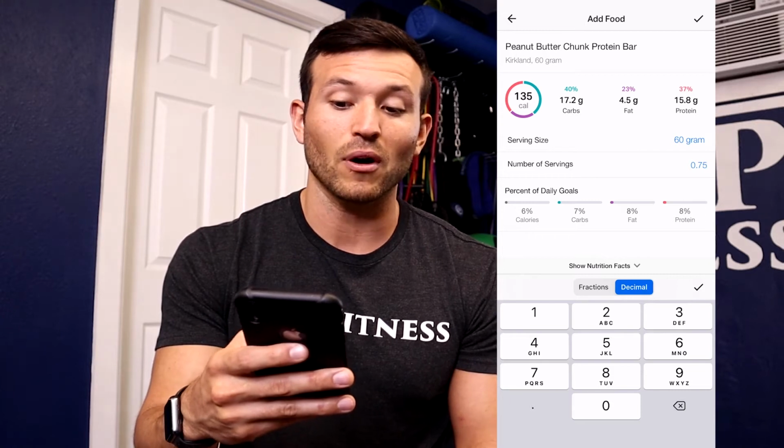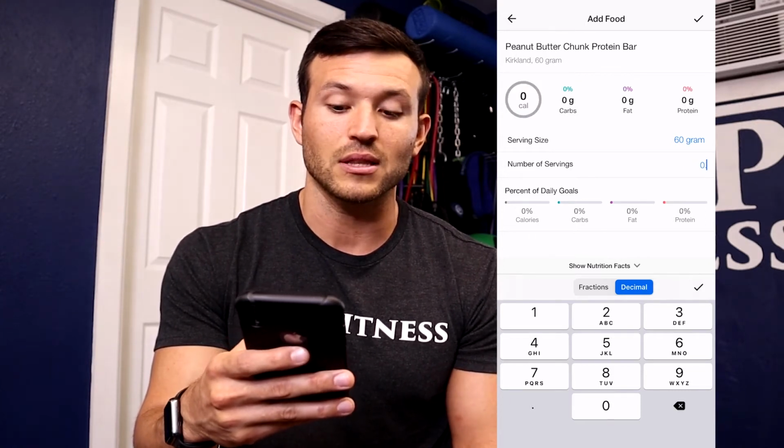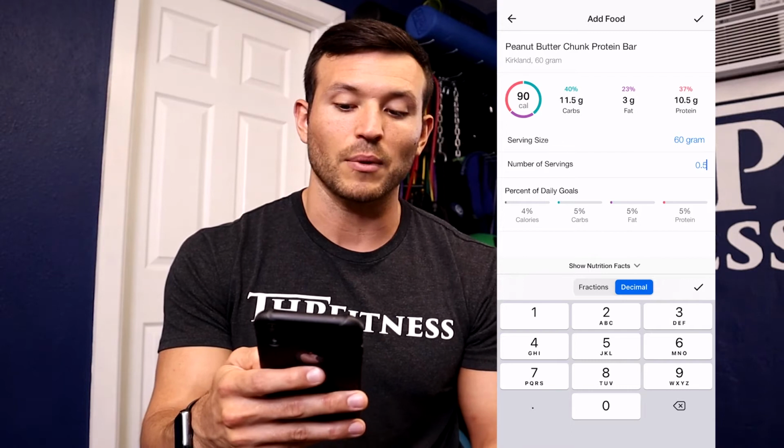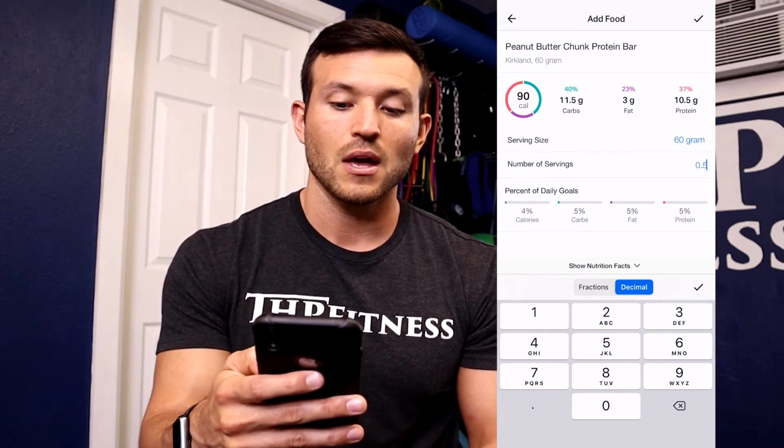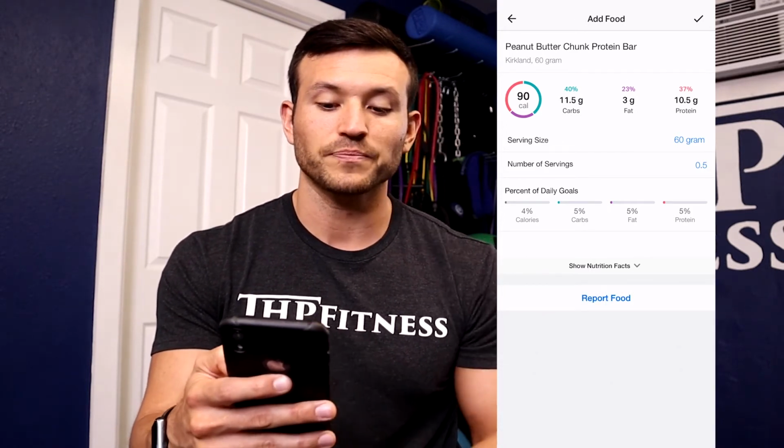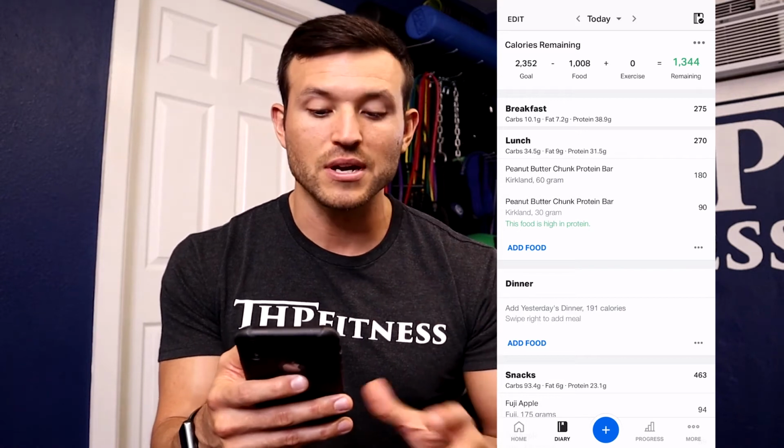If you had half of the bar, which for this example, I'm going to leave it in. I'm going to delete that, put 0.5. So again, I'm going to press this check mark to save it. I'm going to press this check mark in the top right corner, and now it's added in a half of a protein bar. So again, you can search for a food by name, you can use the history, and another